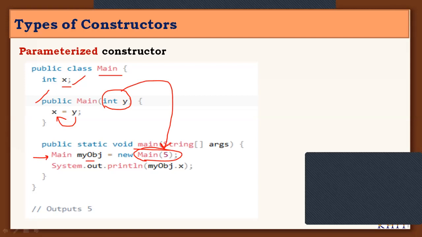This 5 is loaded into y, and that 5 is copied into this x variable. When we display the instance variable x of that class through the object, like this, my object dot x, it simply displays 5 on the screen. So these are different examples to understand parameterized constructors of different classes.